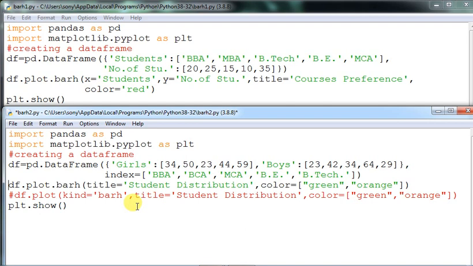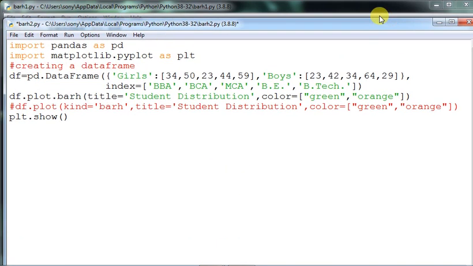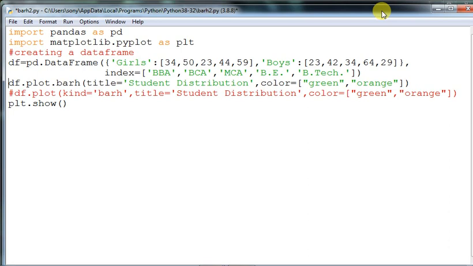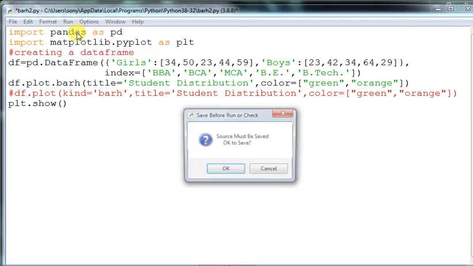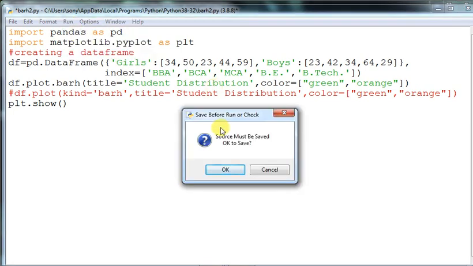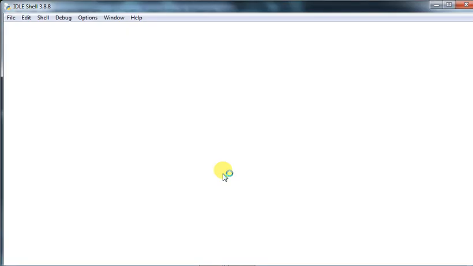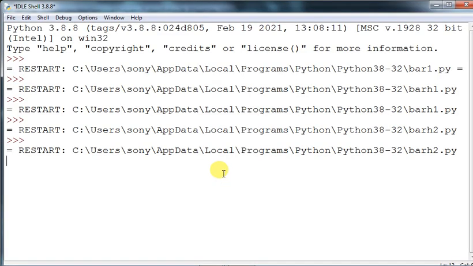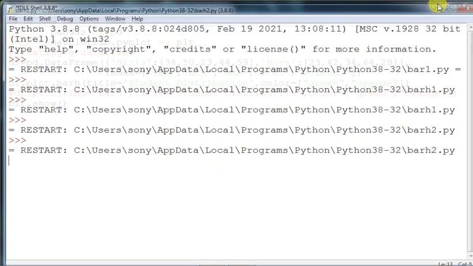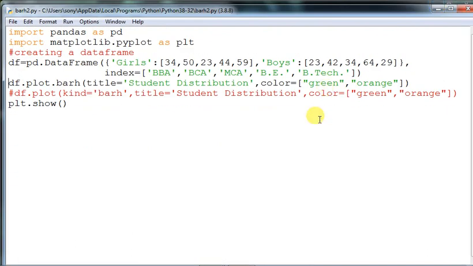So the title and the color have been taken, which is enough for the comparison between the number of girls and boys. Now I am executing, and then it will show us the output. Let me minimize this one, and the output will come on the screen.